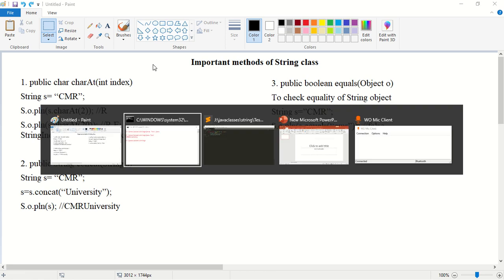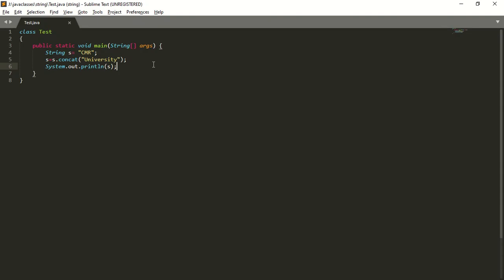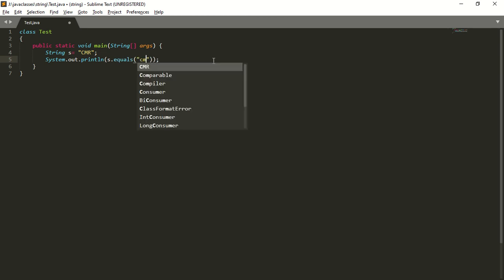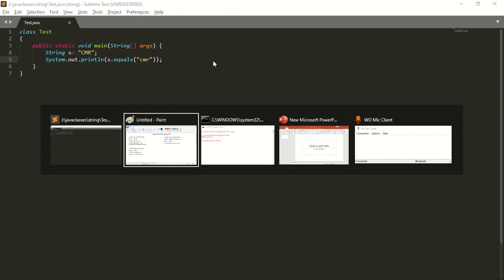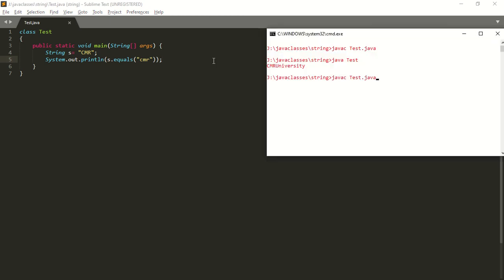We'll see an example. String s is equal to CMR. I'm going to remove this. System.out.println of s.equals of lowercase cmr. What will be the output in this case? The output will be false.